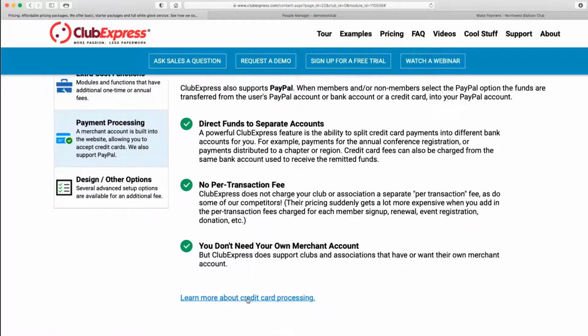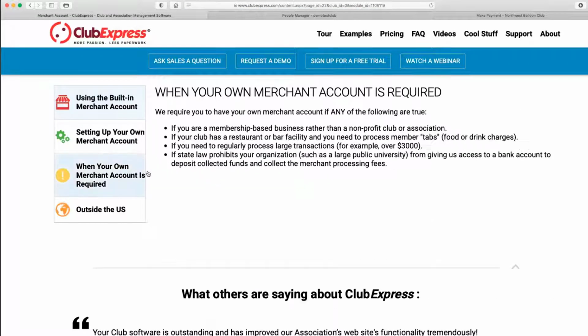If I go to payment processing on our main website and then learn more about credit card processing and when your own merchant account is required. So those of you that are running membership-based businesses, you need to have your own merchant account. If you have a restaurant or bar facility and you're processing member tabs, you need to have your own merchant